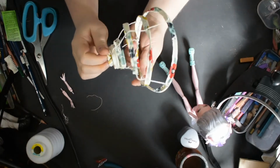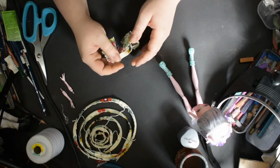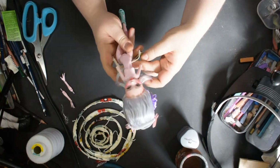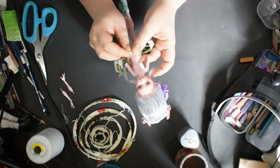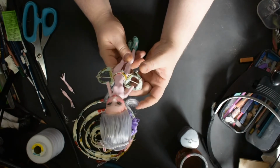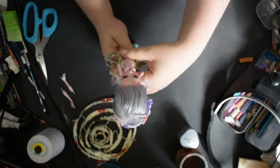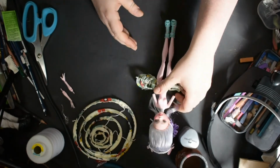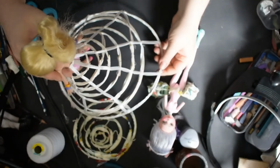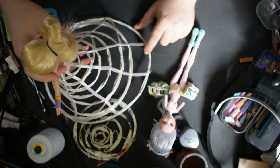Next step was her panniers, so the hoop pocket things that are at the sides. First I tried a normal hoop skirt, and this is made out of ribbons and just some strings. Then after this first thing was done, I made the panniers for her, and I tried another hoop skirt lately with some satin ribbons, and if you want to know how I made it, I'm totally fine to make a video about it if you are interested, but it's basically just